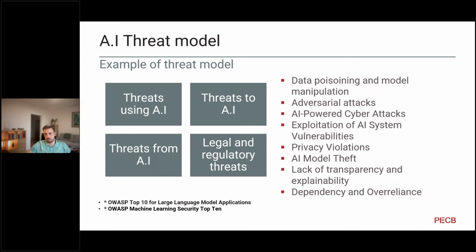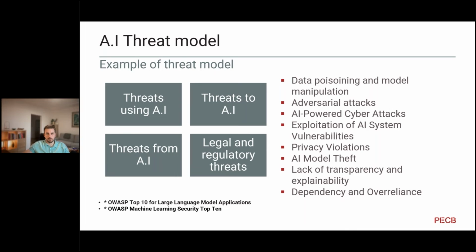This is a very easy example, but this lack of transparency can lead to difficulties in identifying the root cause of errors or breaches from a security perspective, challenges in ensuring accountability for the risk, and of course the risk of unintended, unacceptable biases in decisions made by the AI.